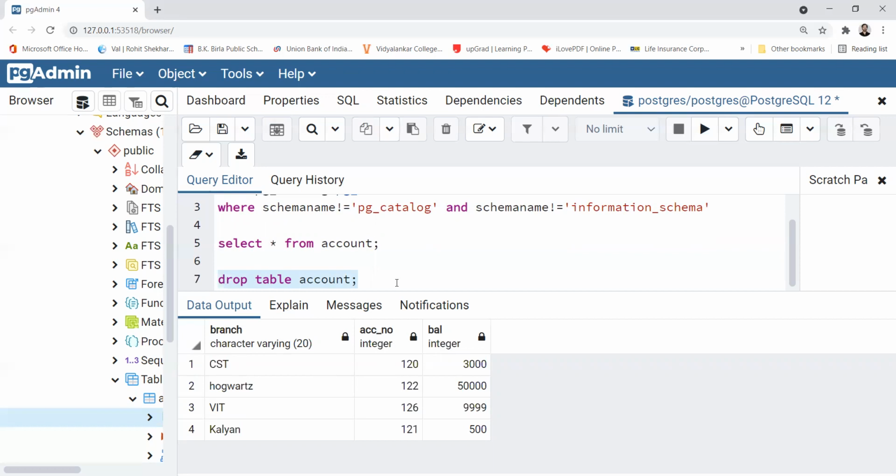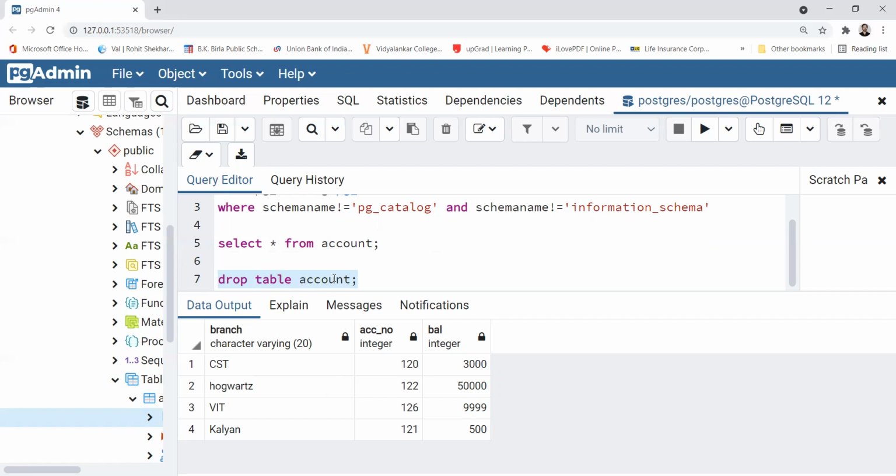Okay, so while you execute this particular command, you have to be really careful, and you have to double check whether it is fine to drop the table. The drop table command helps you to delete the entire table from the database. It removes the table itself from the database. So the drop command is used to delete the entire table from that particular database.